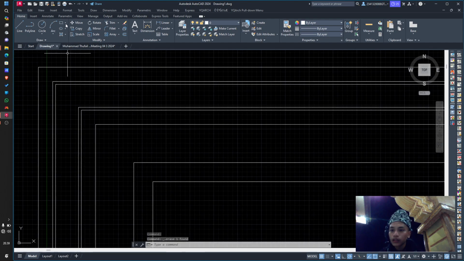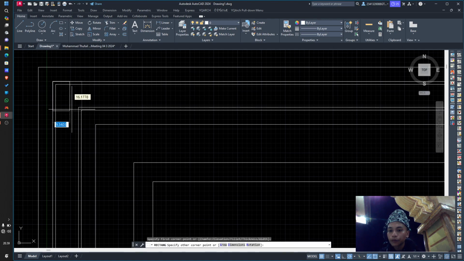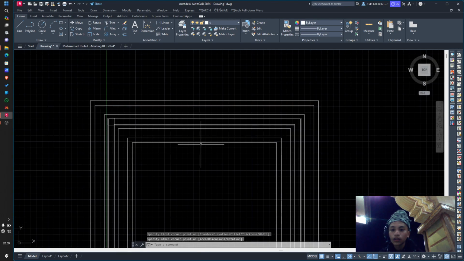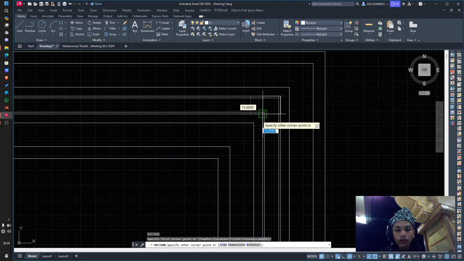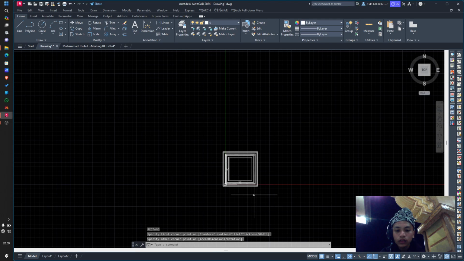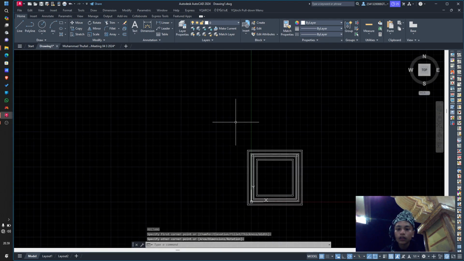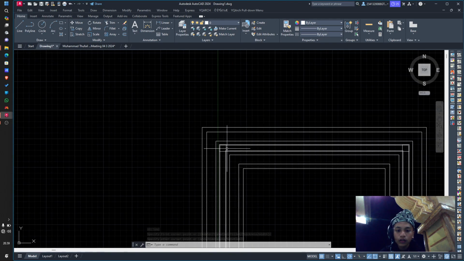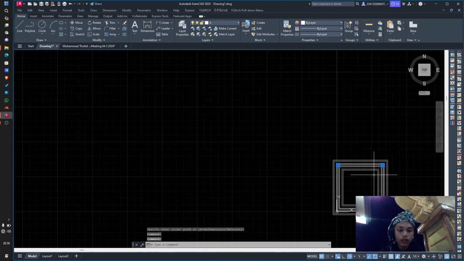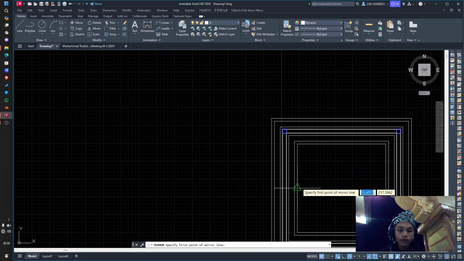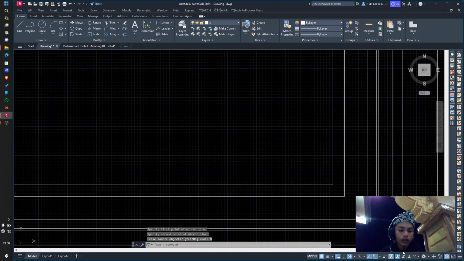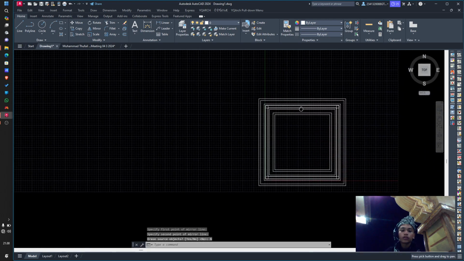and then we can add the column. We can make a rectangle for the column like this, also like this, and then we can mirror it. Select the object first, and then click mirror, or you can type mi, and then it's done. And then